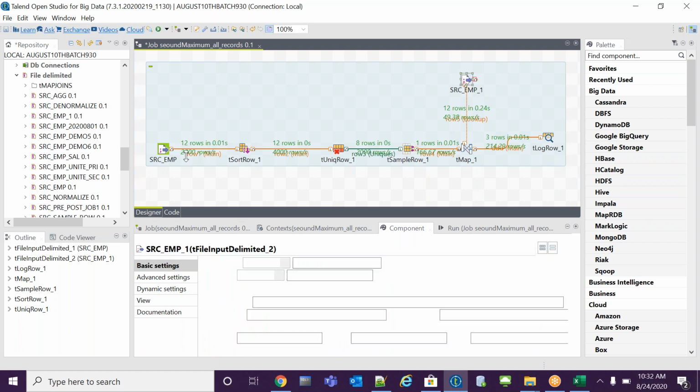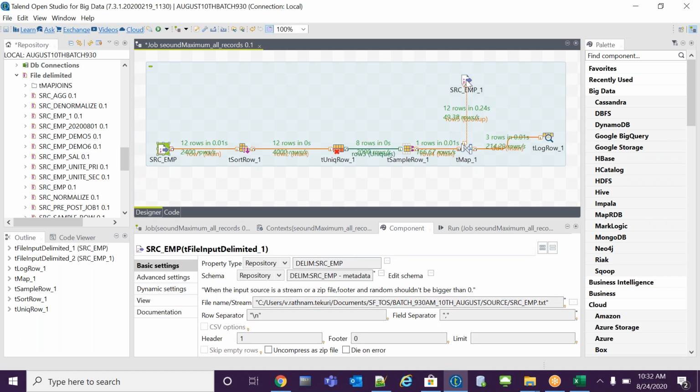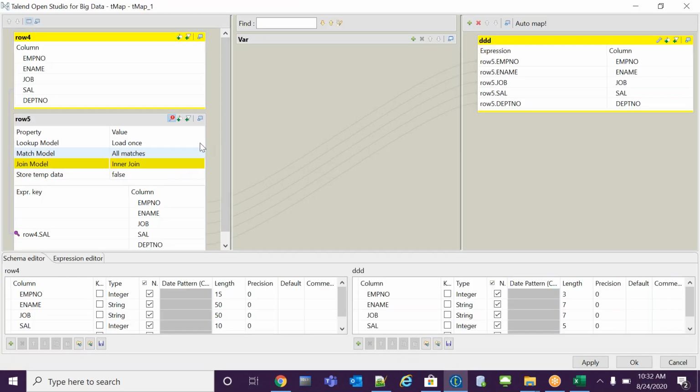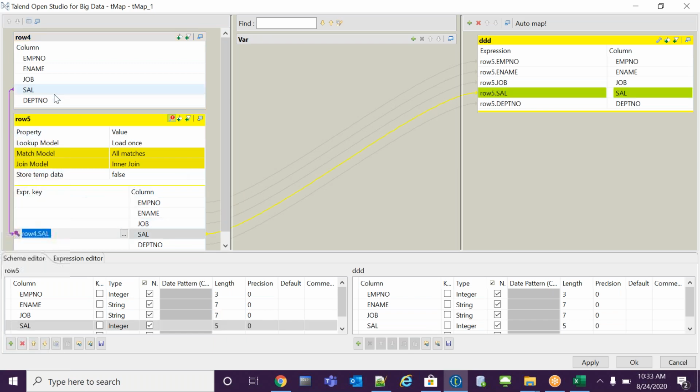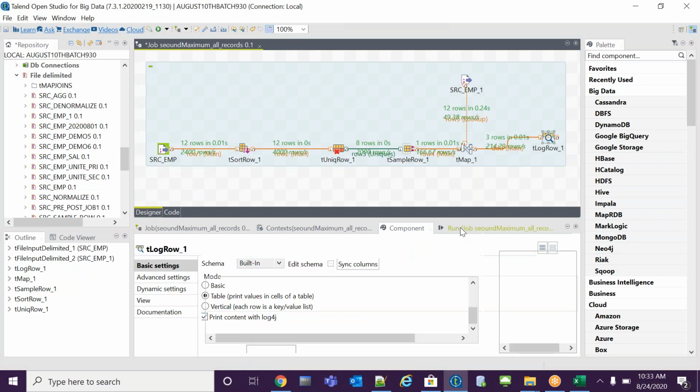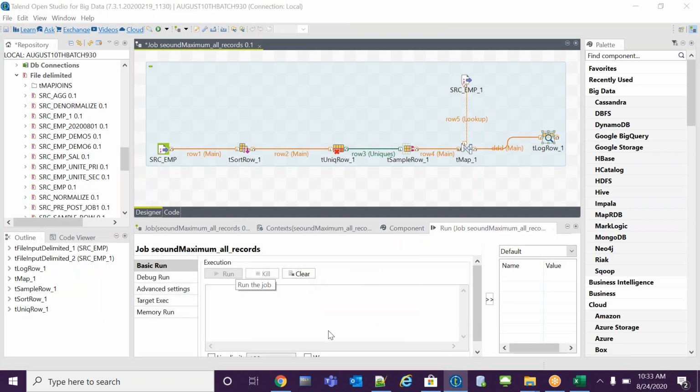Then I will take the same source and do an inner join with all matches, because I want all records. The key column is salary. I will take the source records, not for the target; the target has the same records. Click on OK, then take the target, run the job, and you will get the desired output.